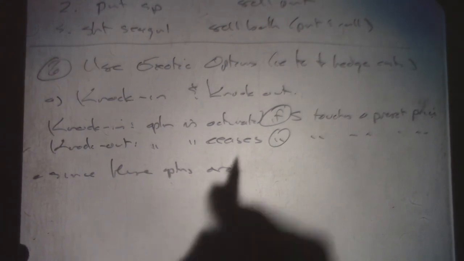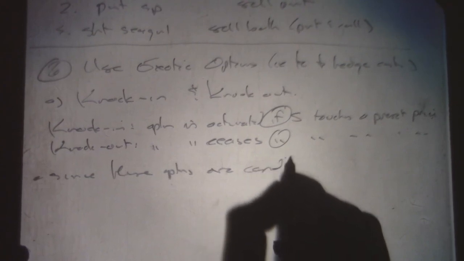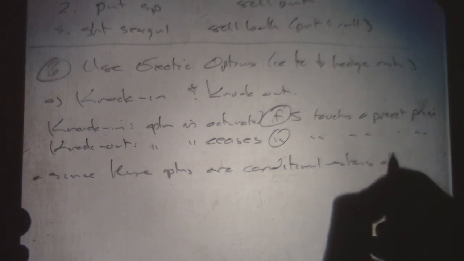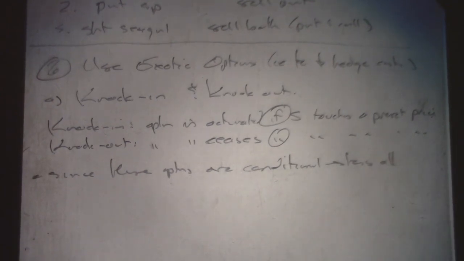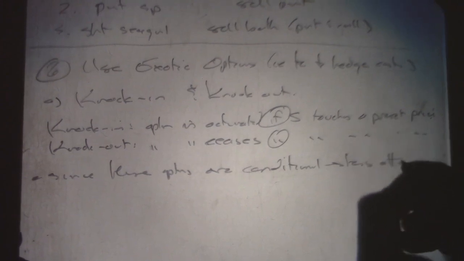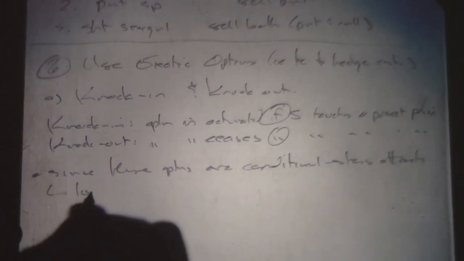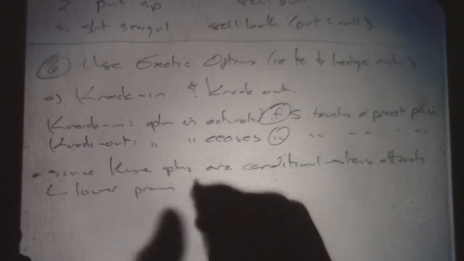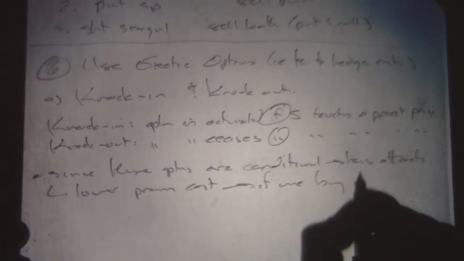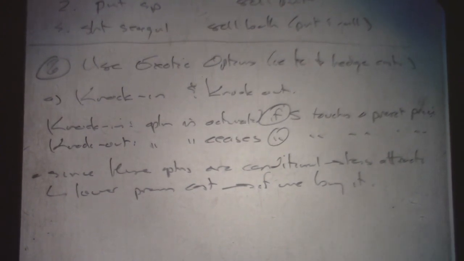So since these options are conditional, they are less attractive. You want an option that's in force until expiry date, not an option that can get knocked out or knocked in if something happens, right? Less attractive, therefore lower premium cost if we buy it. So it's cheaper insurance, right? On the other hand,